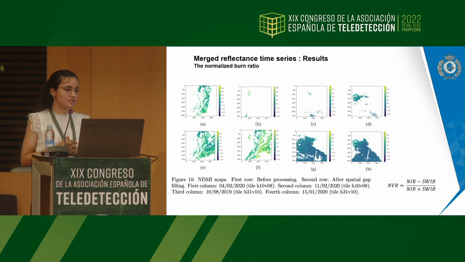So in order to test the effectiveness of our approach, we calculated the normalized burn ratio for 2 different days for the 2 different tiles before and after the gap filling. The column in the top is the image before the gap filling, and the one in the bottom is after